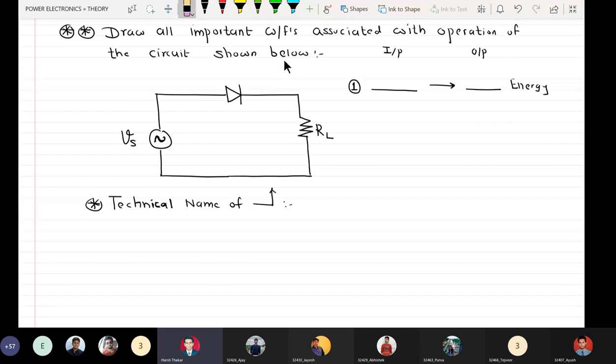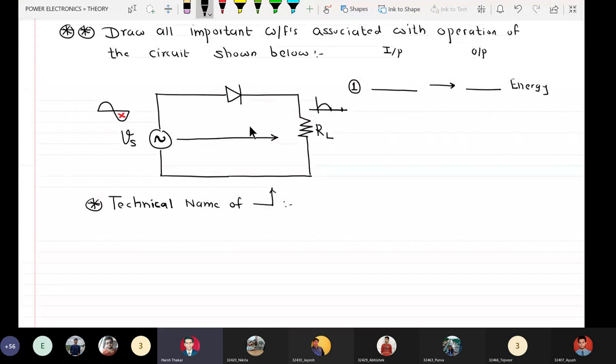Yes, that is why I say if you stretch the definition of infection, then here at the input there is both positive and negative half cycle. Do you agree? What do we get at the output? Only positive, right? So negative half cycle is not going. That is why we say negative half cycle is controlled, because I am stopping the negative half cycle from being sent from the source to the load.